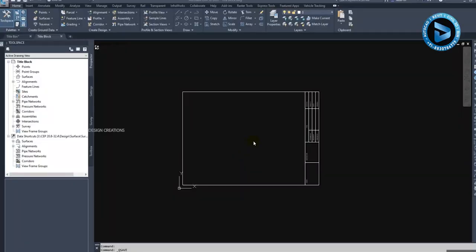In this video we are going to create the page setup. In the earlier video we created the title block. Now in this we will continue creating the page setup. So to do that I will save this drawing as